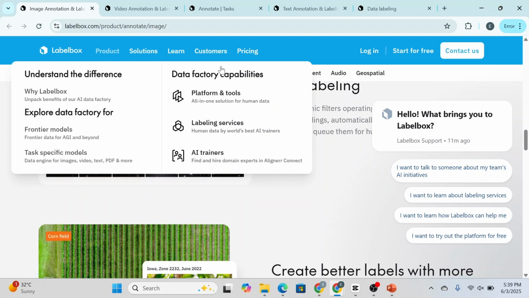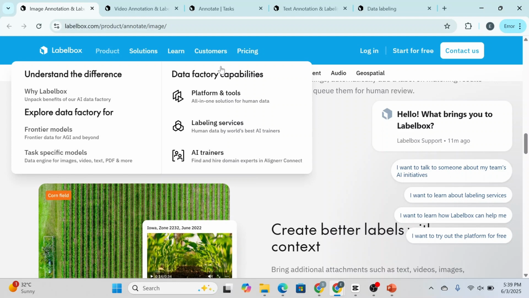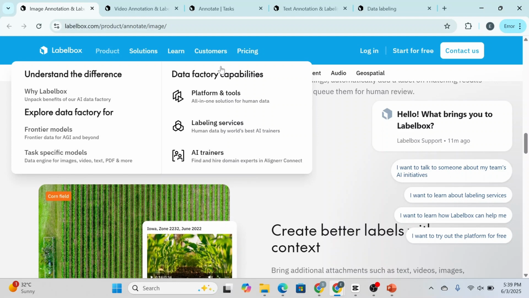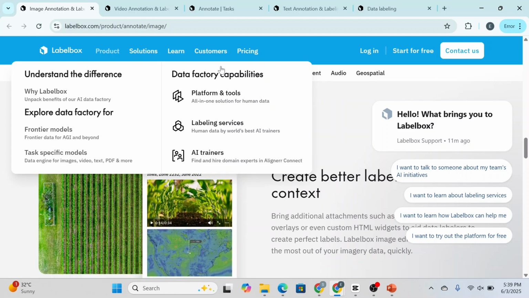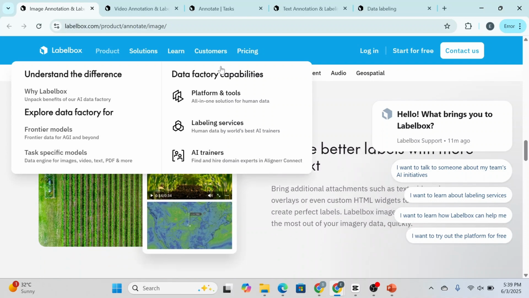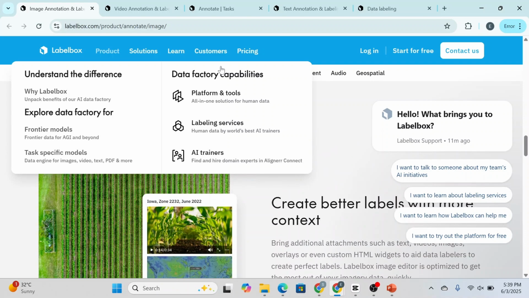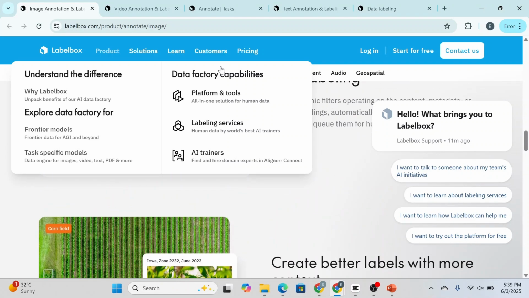In the age of foundation models and large scale AI deployments, having tools that help you make smarter decisions about data curation is a massive advantage. AI trainers help identify blind spots, improve label efficiency, and ensure that every dollar you spend on data annotation is yielding maximum model performance. All right, so those are the three pillars of the Labelbox platform: tools and platform, annotation